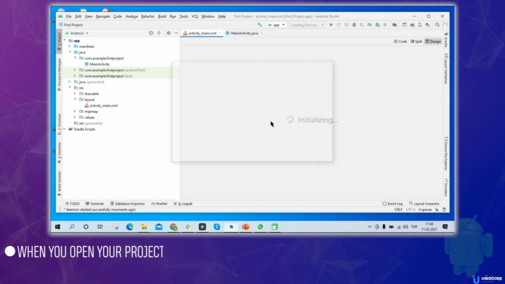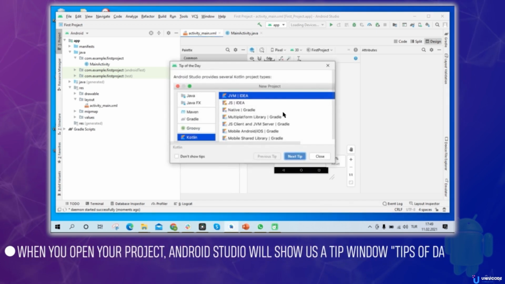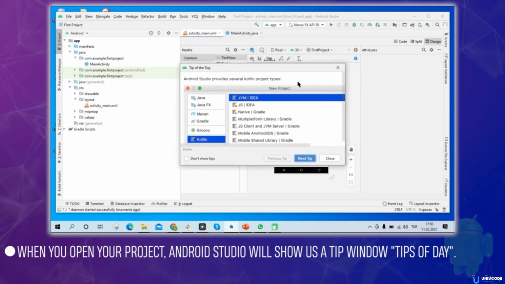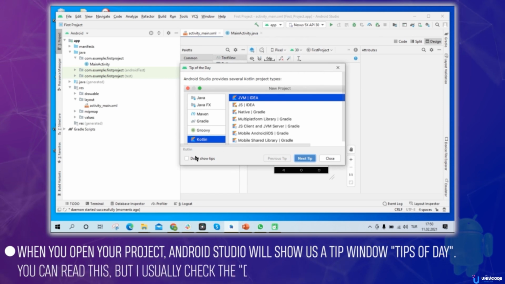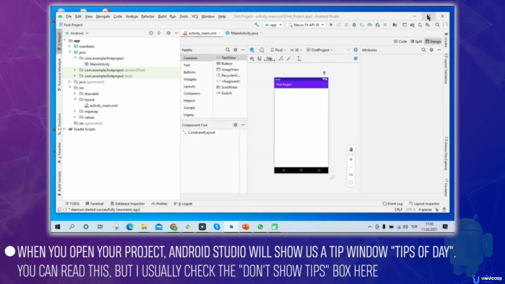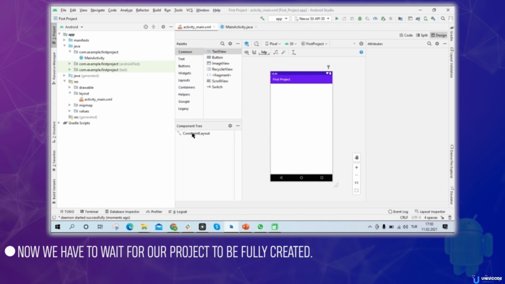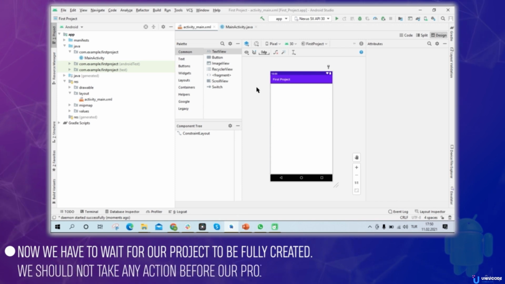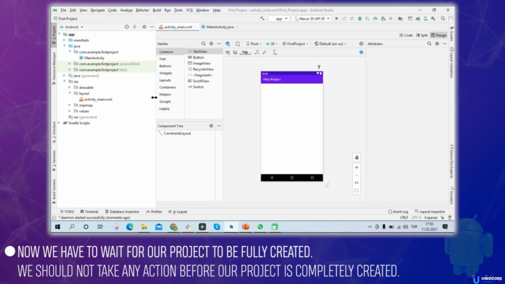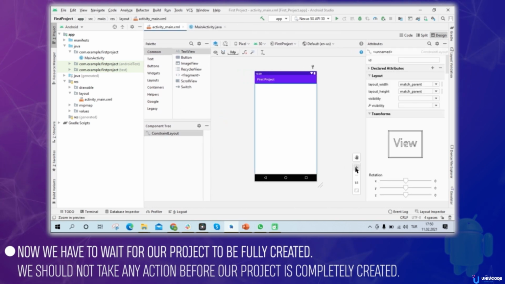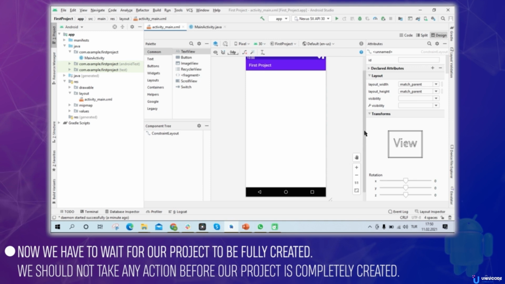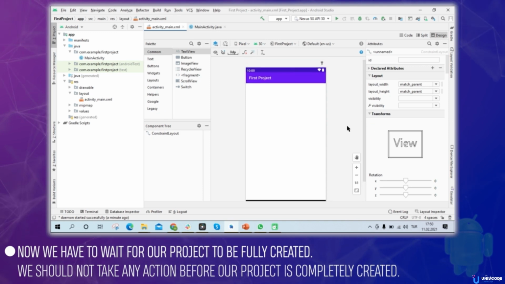Then when you open your project, Android Studio will show us a tip. Tip of the day. You can always tip your hat to the tip of the day. You can read this, but I usually check the don't show tips. But that's just me. I don't want this one to open every time. Cool, so now we have to wait for our project to be fully created. And that means that we shouldn't take any action before our project is completely created. So, cool. Here we go. So our project's been created successfully,